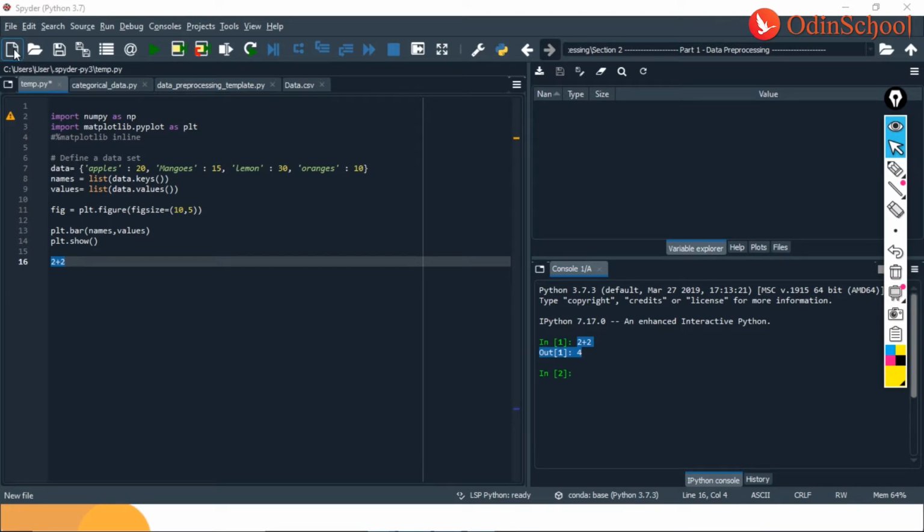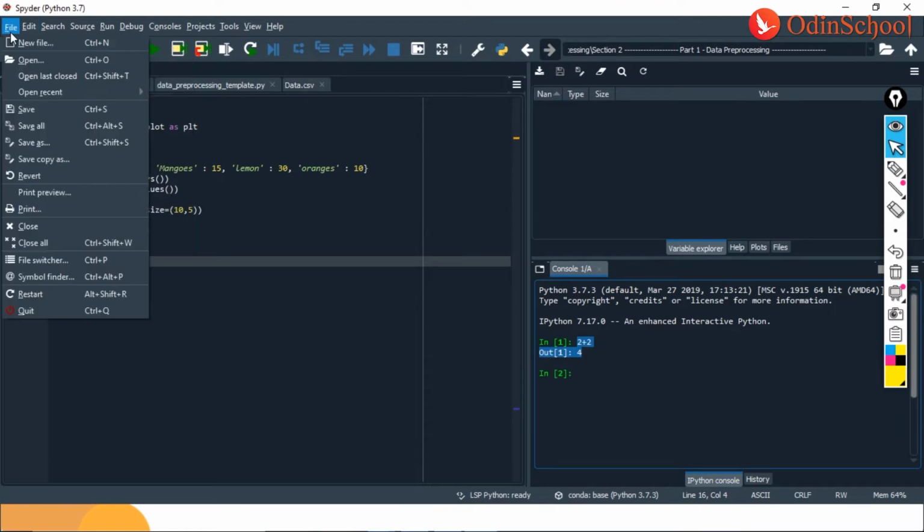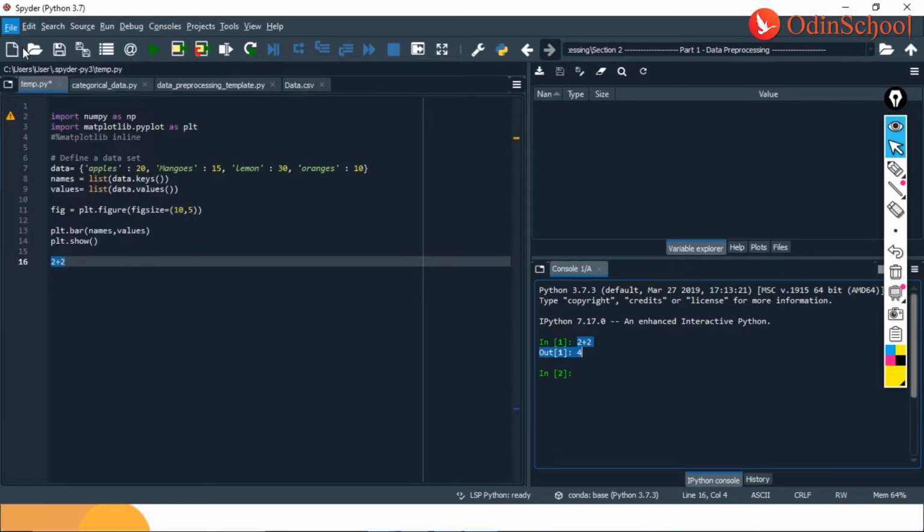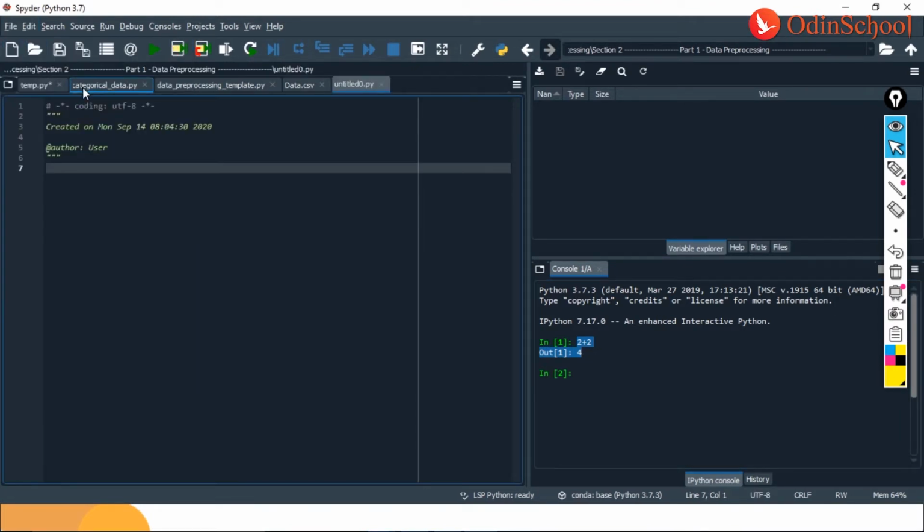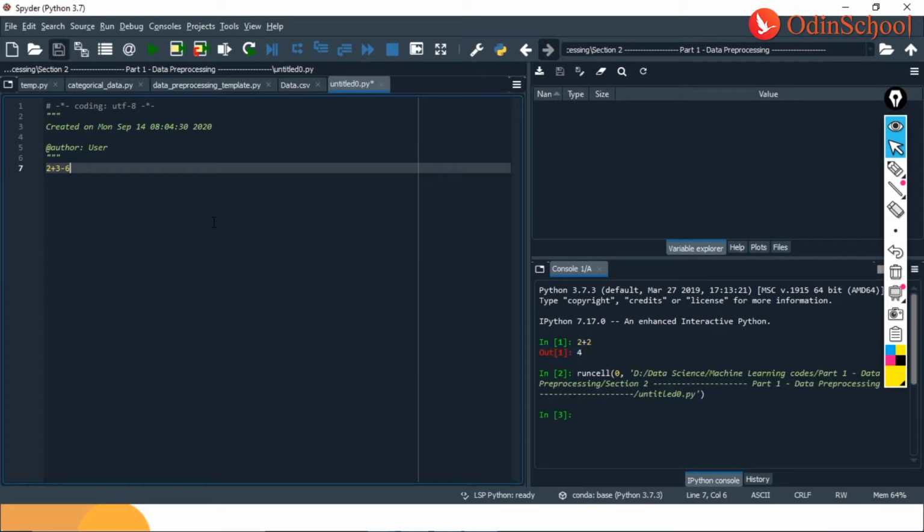Now to the second part, if I would want to create a new file, so it would be new file, and you see here, yeah, here we have it created. So here I might want to save this. Okay, now I do control enter.